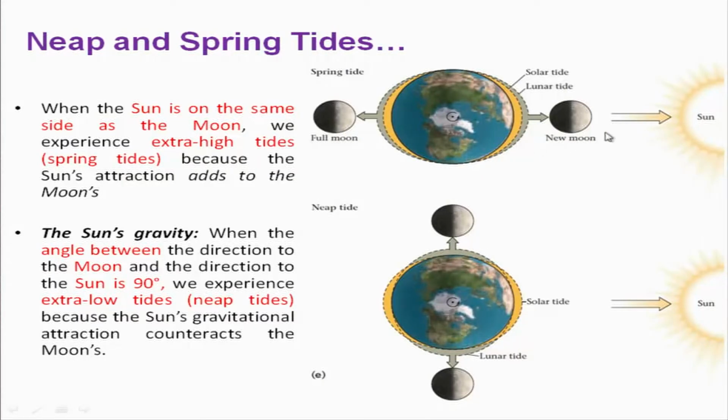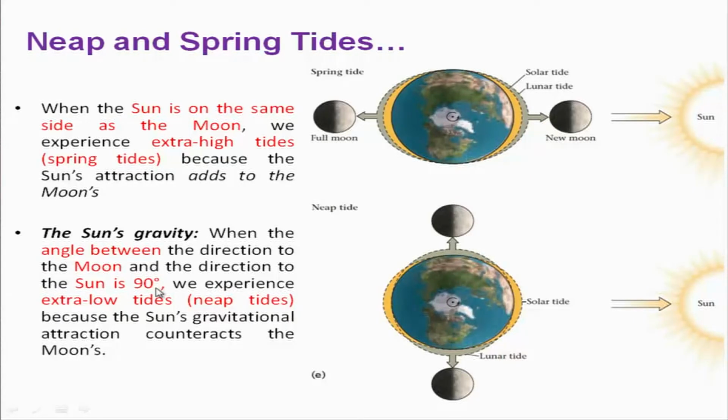The tides we experience are because the Sun's attraction adds to the Moon's, and this is termed a spring tide. And this Sun's gravity is another factor